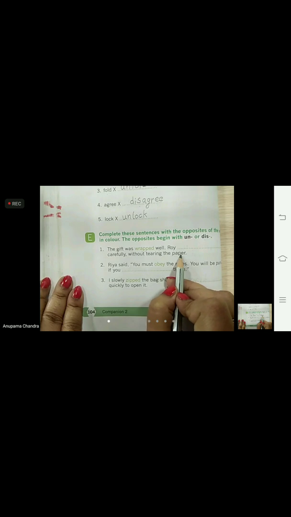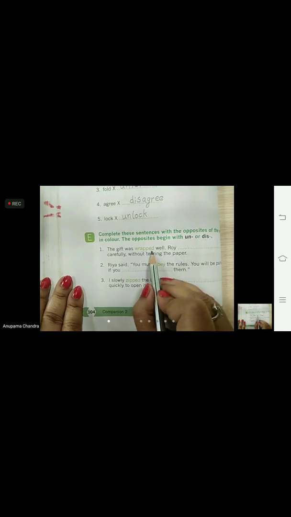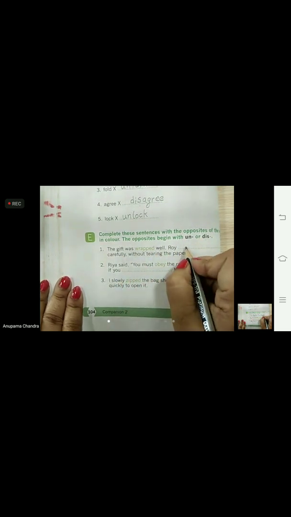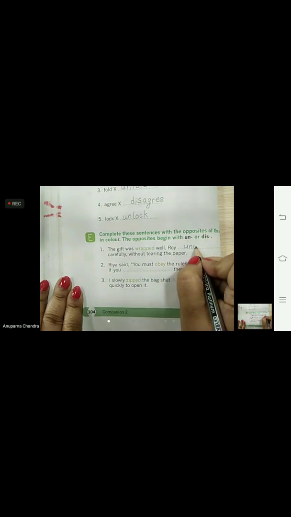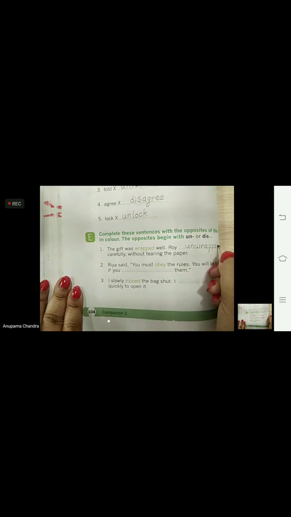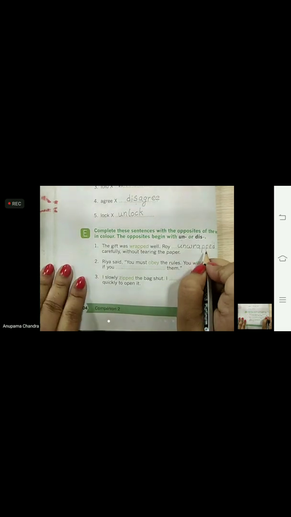So we have to write the antonym for wrapped. And how are we going to make the antonym for it? Using UN or DIS. So we will use UN here. W-R-A-P-P-E-D, wrapped, unwrapped.